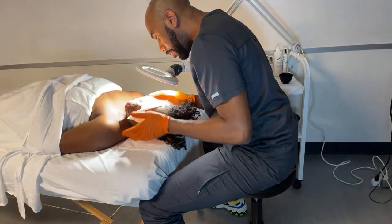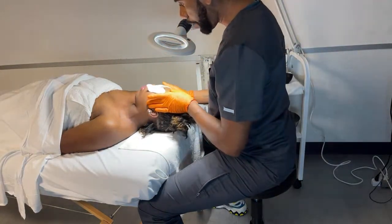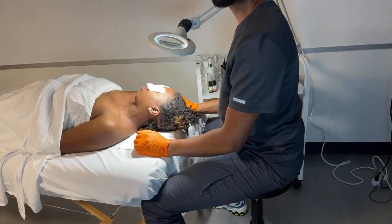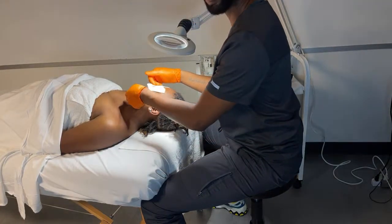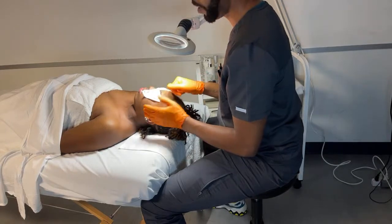I do see congestion in the cheek area with visible dryness over top of the congestion. So what I think we're dealing with here is a combination of dehydrated skin. We see fine lines. The skin is actually cooler on the cheek area. It's slightly warm here. So I know this is actually some oil production in the center of the face, but